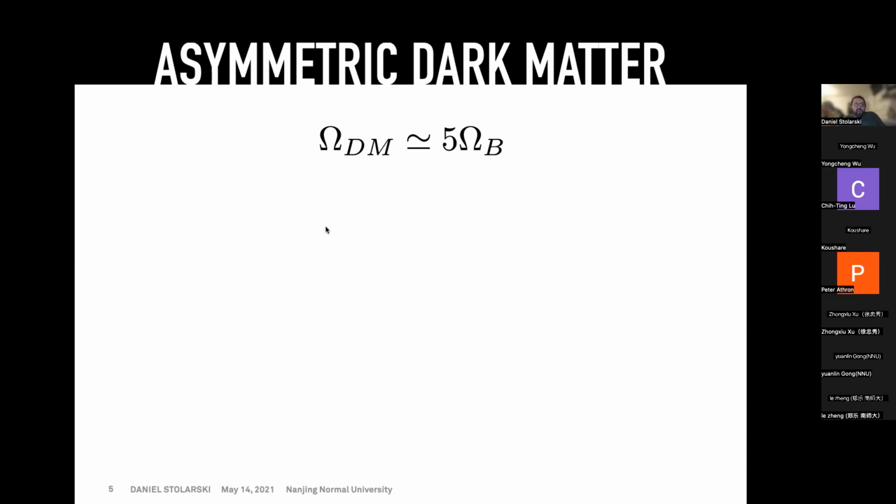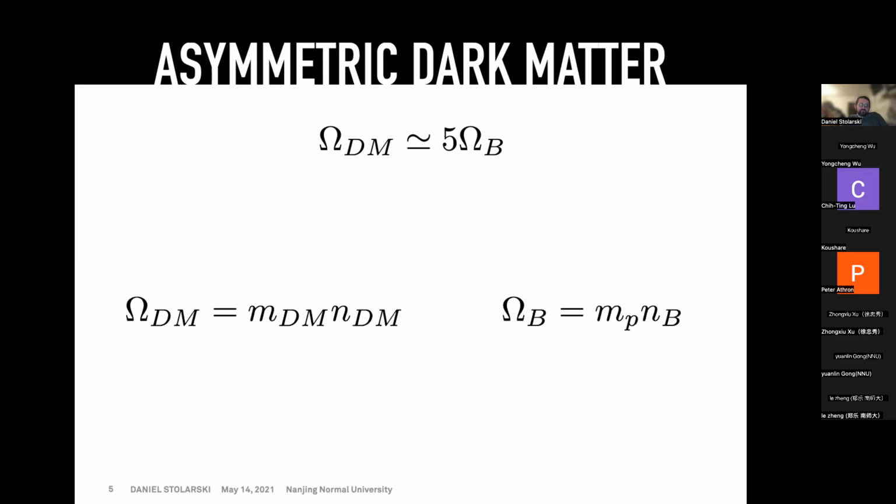Factor of 5 is kind of like an order 1 number, and generically these things could be orders of magnitude different. It's hard to really come up with an explanation of why these things are so similar, only a factor of 5 apart. In particular, in WIMP models, you don't get this. It's sort of an accident that these two things come out similar. And so, okay,